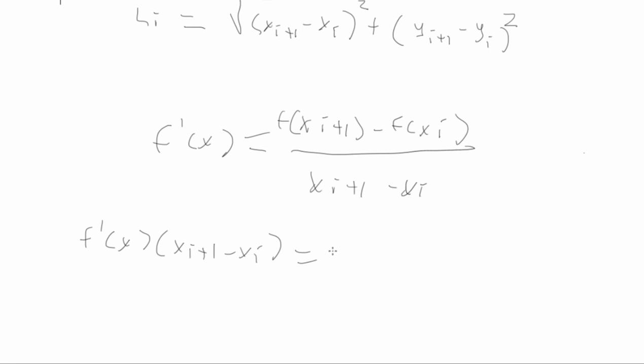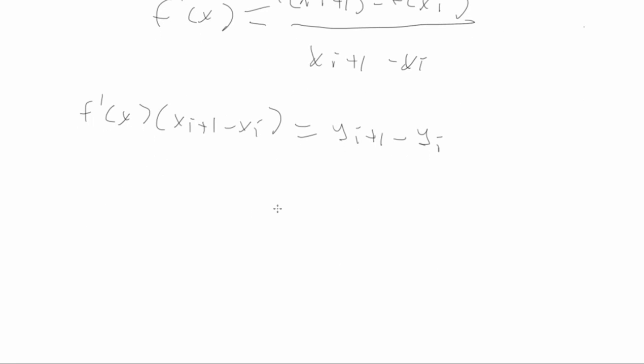So y sub i plus 1 minus y sub i. So we can substitute f prime of x times x sub i plus 1 minus x sub i into y sub i plus 1 minus y sub i. And so when we do that, we get